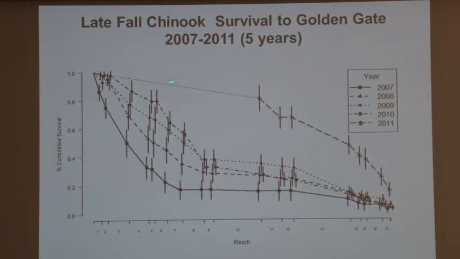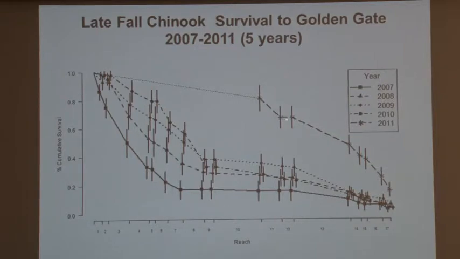During 2011, which was a wet year, survival through this upper river reach was quite good. There aren't data points in the middle because the detection probabilities were poor. I'm not quite sure why that is. If it was due to the rapid movement of the fish through the reaches where the hydrophones were, or perhaps turbidity or other things, noise is masking the detection of the tags.